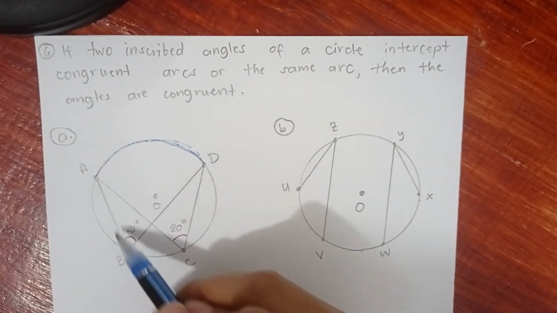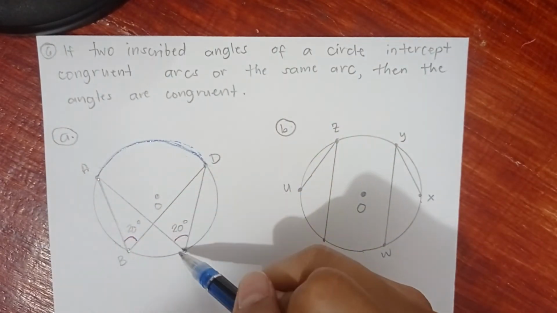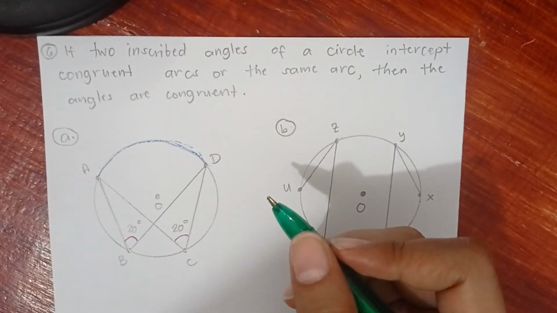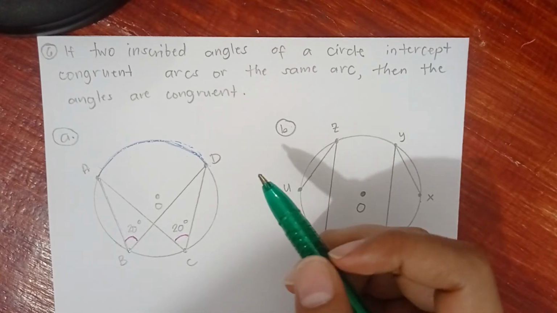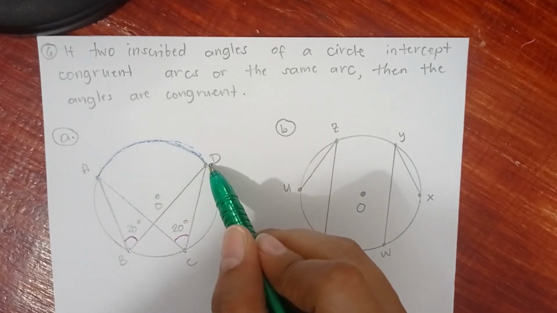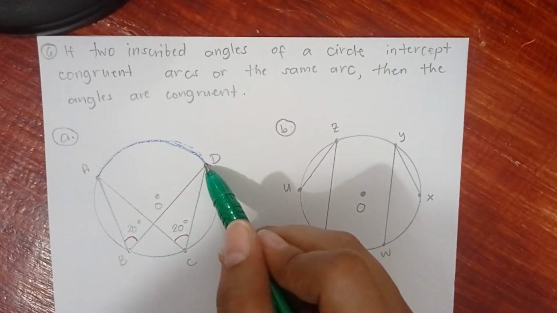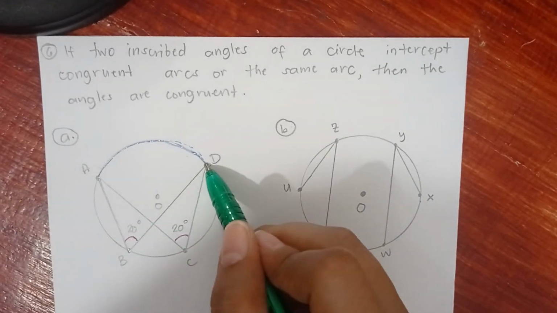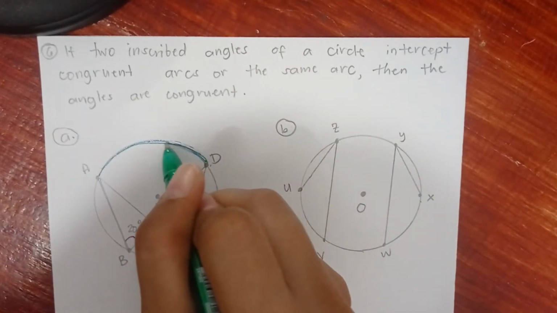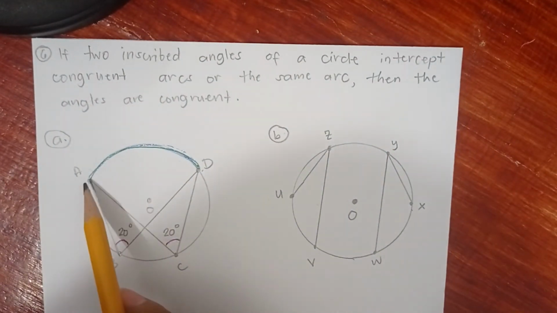Para sa angle ABD, ano naman ang congruent arc ng angle ACD? The intercepted arc pala, mali yung term ko. The intercepted arc of angle ABD is arc AD, right? Tapos, yung intercepted arc naman ng angle ACD is also arc AD. So, dahil pareho lang naman sila na na-intercept na arc, therefore, isa lang ang measurement ng